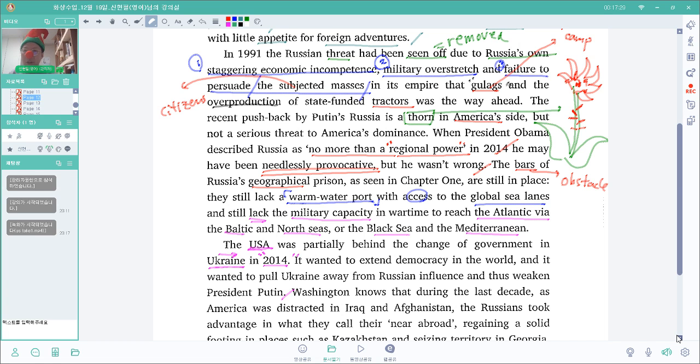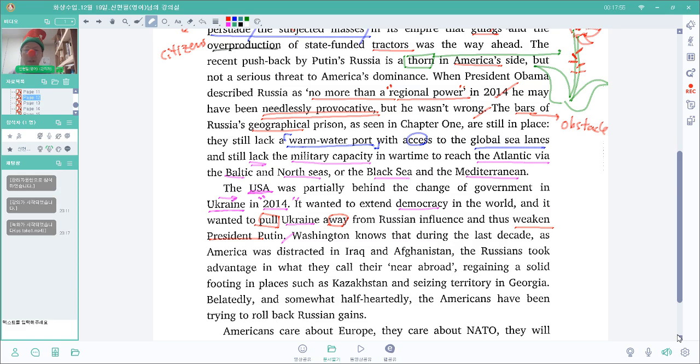Yes, so America was involved in extending democracy in the world, and America was involved in order to pull Ukraine away from Russia. They want to pull Ukraine away from Russia, and they want to weaken President Putin. And Washington knows that during the last decade, as America was distracted in Iraq and Afghanistan, the Russians took advantage in what they call their near abroad, regaining a solid footing in places such as Kazakhstan and seizing territory in Georgia. So when the American government was busy with the issues in Iraq and Afghanistan, Russia took advantage of the situation